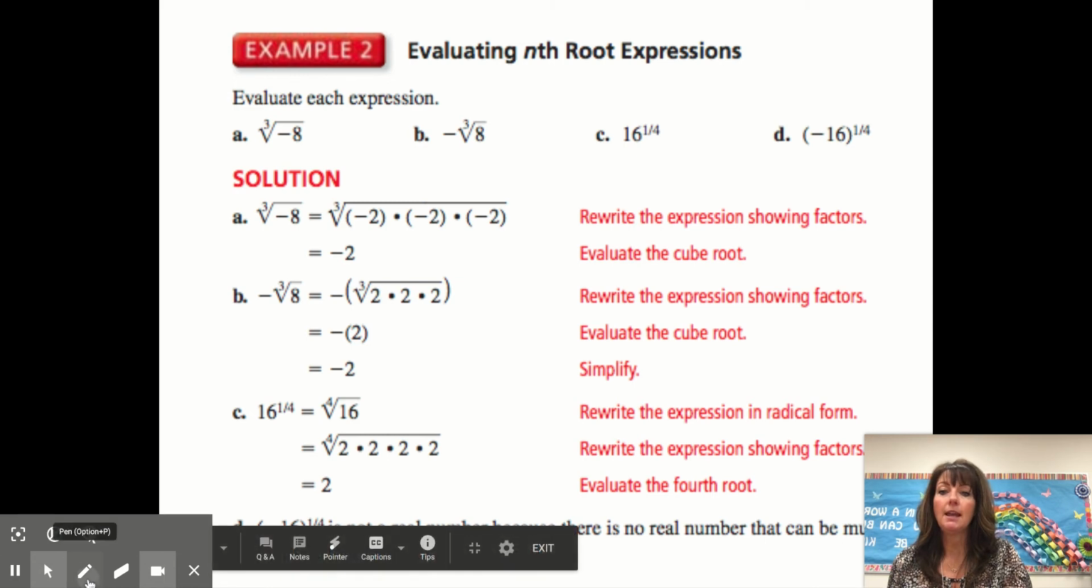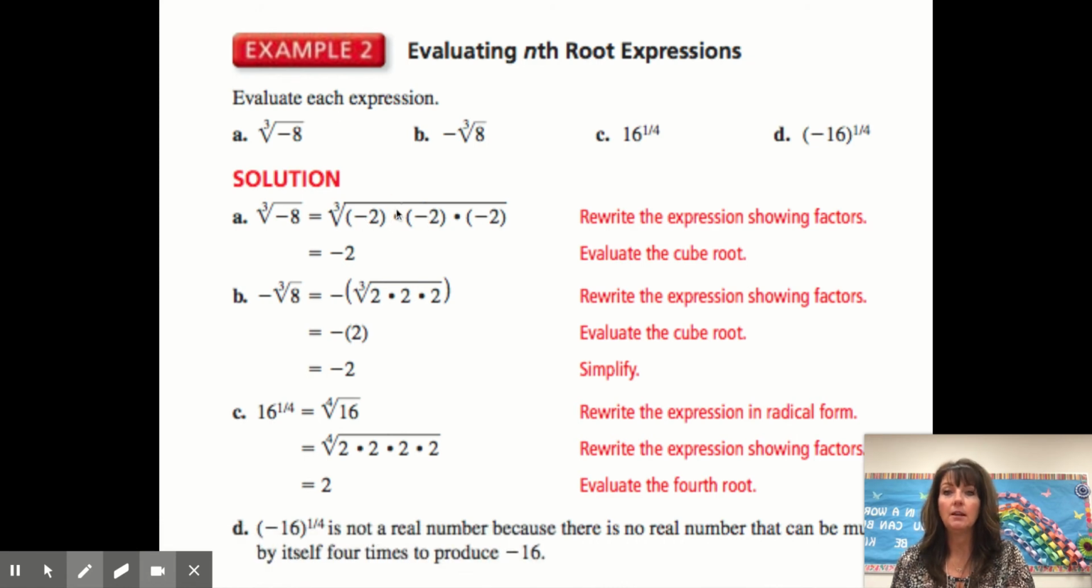So looking at A, okay, cube root of -8. This is what it means. You have -2 times -2 times -2, right? So -2 is the value. So when you use your calculator to evaluate the cube root with an index of 3, here,